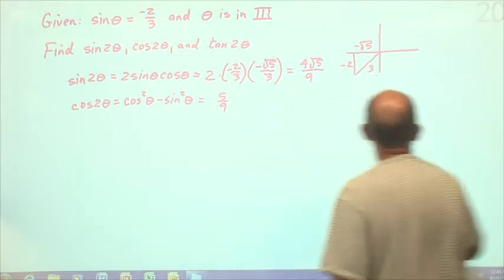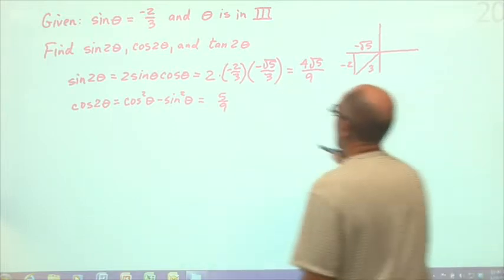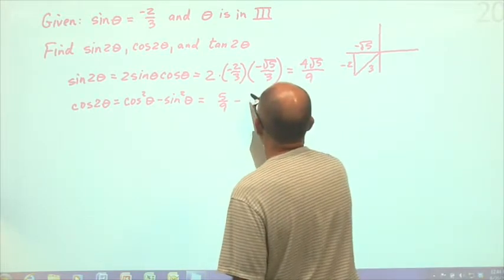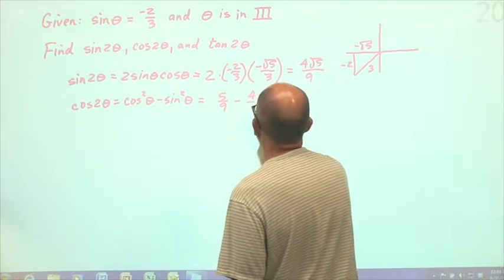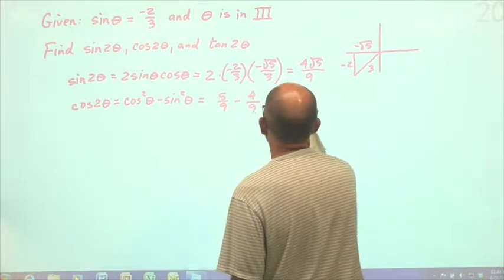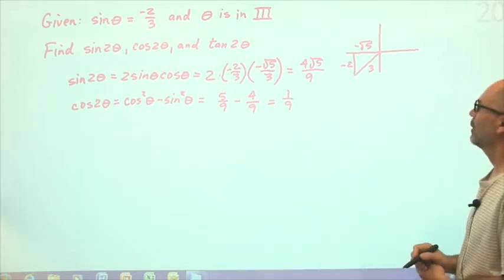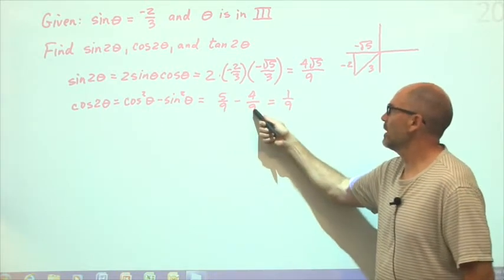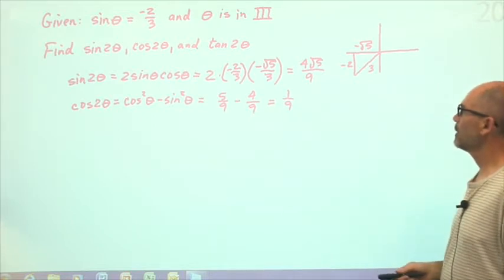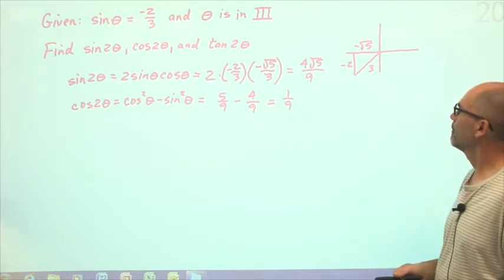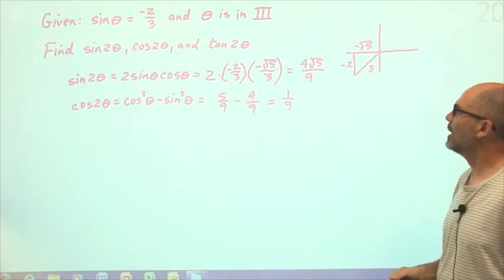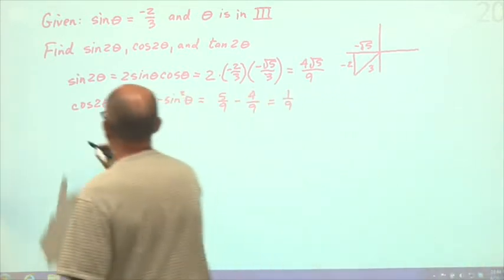Yeah, so sine squared minus cosine squared is 1/9. Or I'm sorry, cosine squared minus sine squared is 1/9. That's it. Okay, now tangent 2 theta